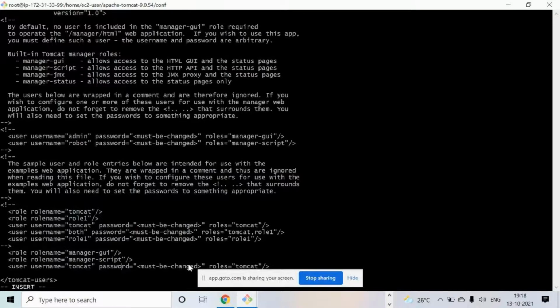So I'm going to give the username and password as tomcat only. Role names are manager-gui, manager-script. Those are role names. When you are accessing the manager tab in the web server, it will prompt you to ask for the username and password.